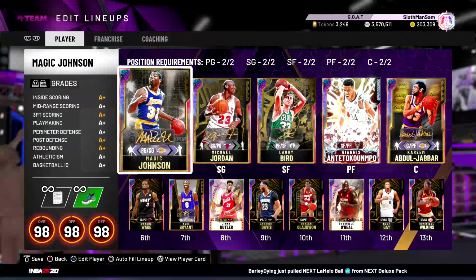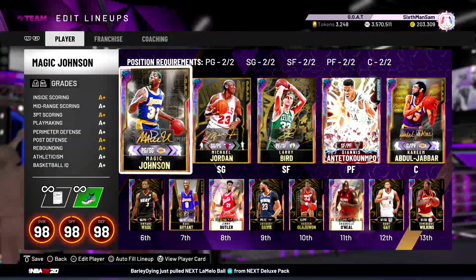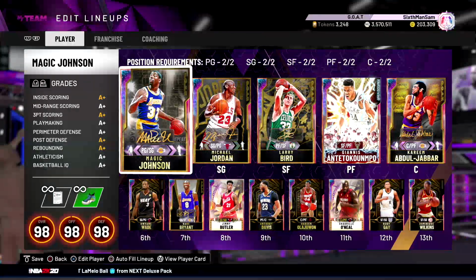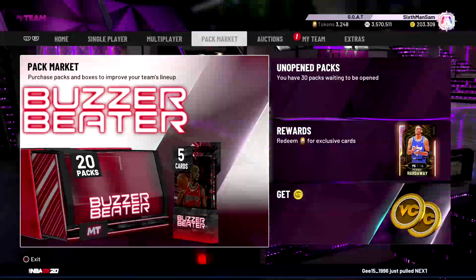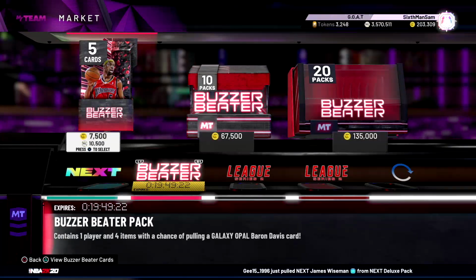and then we'll switch on over to Twitter, see if there's any lock codes and any other leaked information or any information regarding NBA 2K20 MyTeam or NBA 2K21 now, I guess, because they released the cover athlete today, and we can get to that in a bit if you don't know who that is. But anyway, let's start with in-game content, and on the pack market today, we got new buzzer beaters,